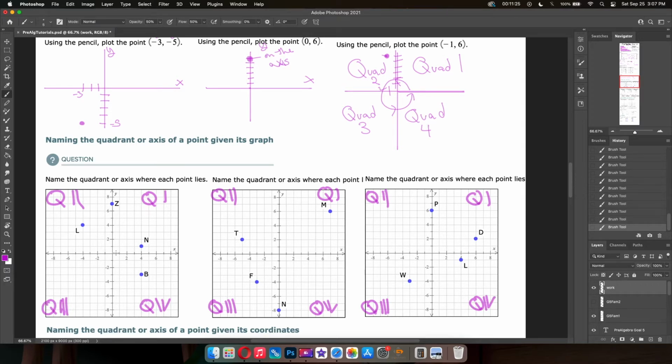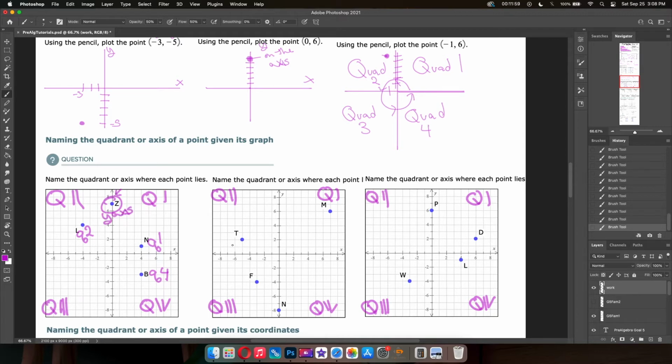So now name the quadrant or axis that each point lies. And now we can do some labeling. This one is pretty obviously in quadrant 1, point N. If we look at point L, it's also now pretty labeled. This is quadrant 2. Let's see here. This one over here is in quadrant 4. This one's the hard one, but it's not actually that hard because the label is low-key right there, right in front of us. This one is on the